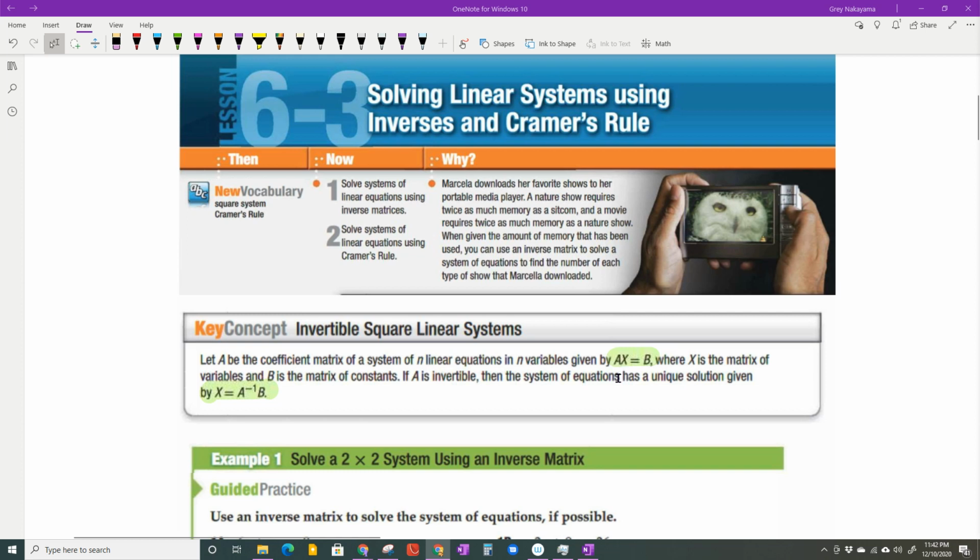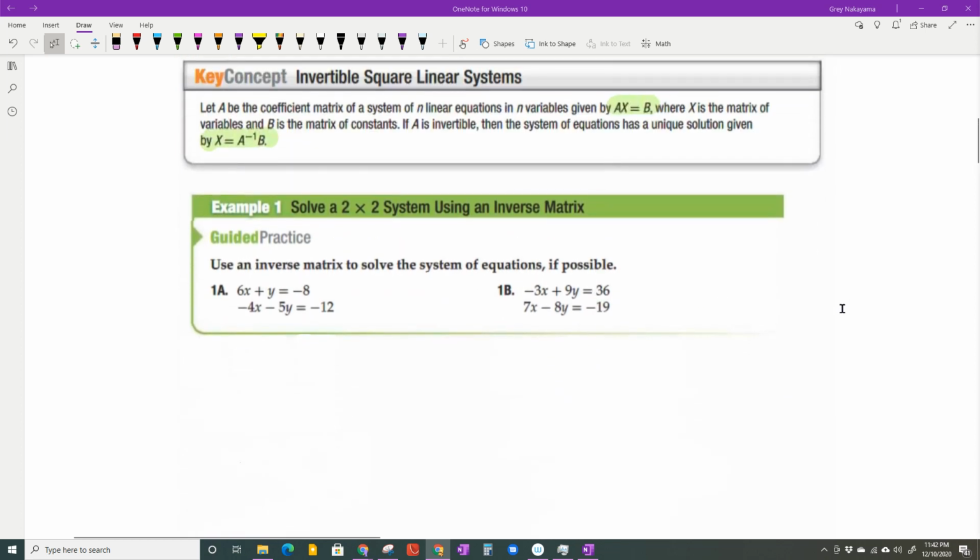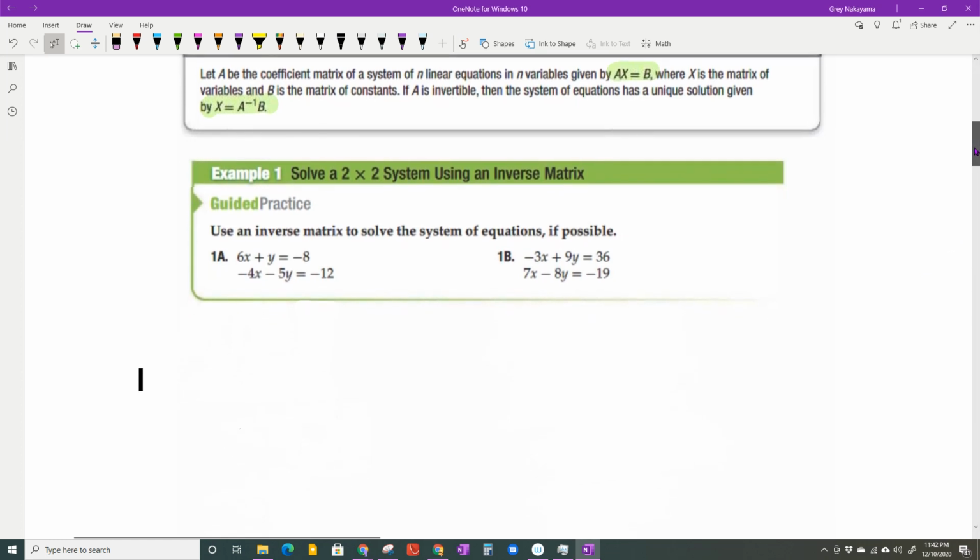the inverse of A. And you have to remember that matrix multiplication is not commutative, which means the order that you multiply matters. So when you start off with this equation, to solve it, it has to be in this order. So the variable matrix equals the inverse of the coefficient matrix times the constant matrix. So let me do an example. I'm going to have those handy so that you can see how it follows that right there as I go